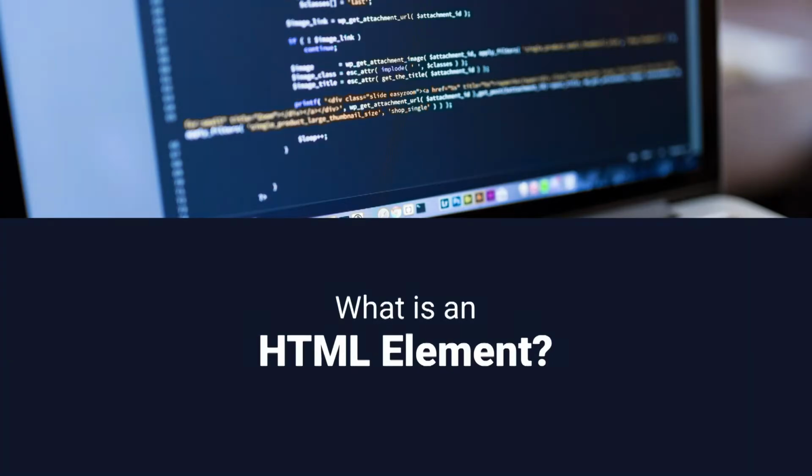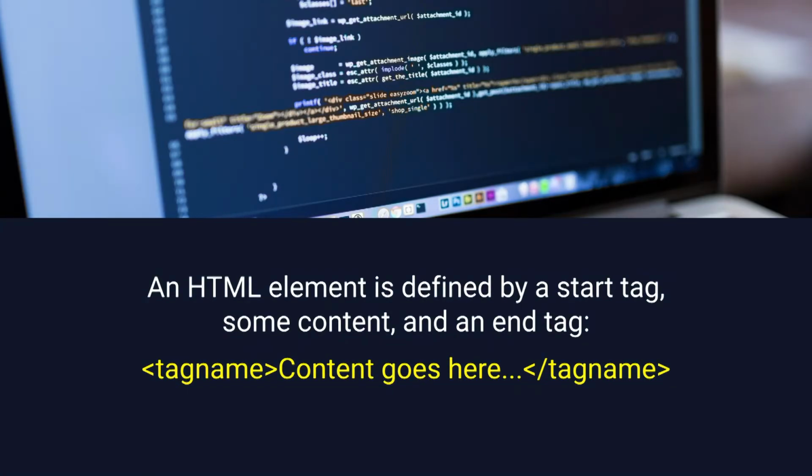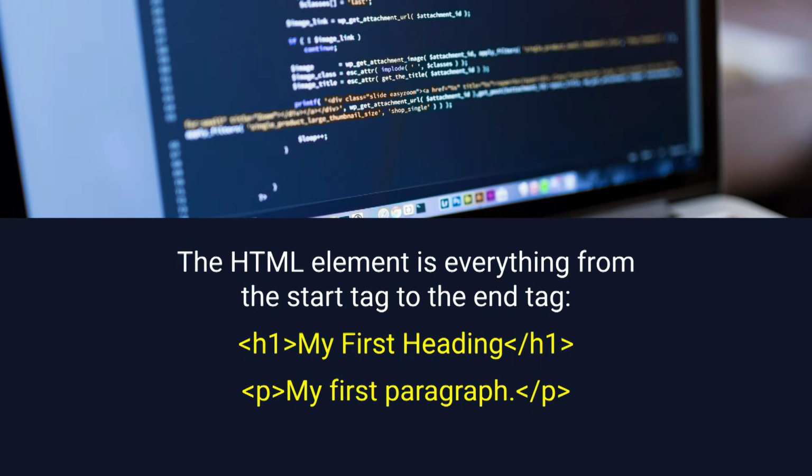Now come to what is an HTML element, because we are talking to the system. In web page designing, any HTML element needs to be defined with a start tag, then some content, and whenever the content is over, it should have the end tag. Now you can think about what a tag is. A tag is a special keyword in between the less than and greater than symbols, and once the tag name starts, then the exact content should be there, then the tag ends. So this is called an element. An HTML element is everything from the starting tag to the ending tag.